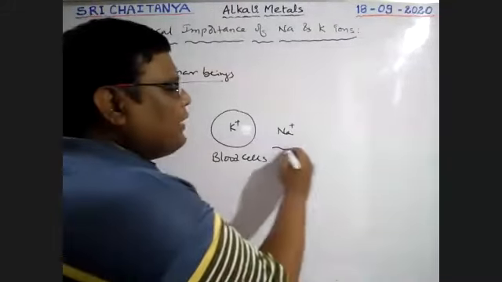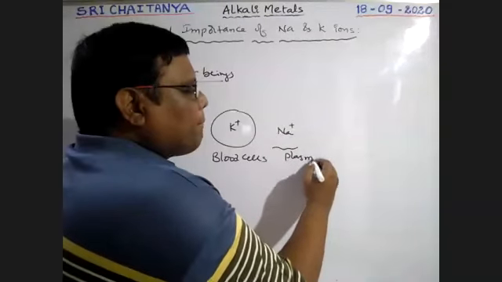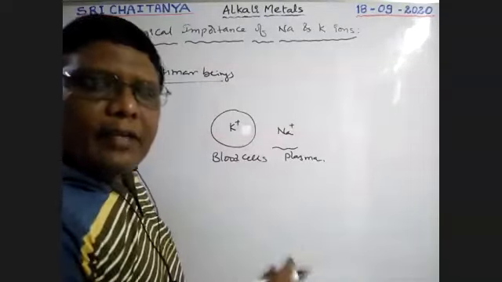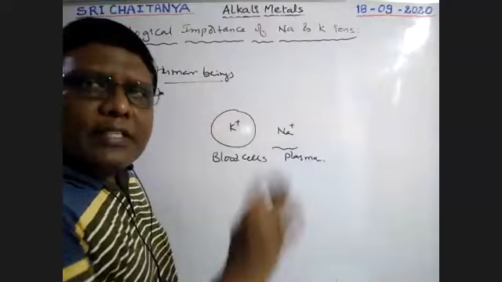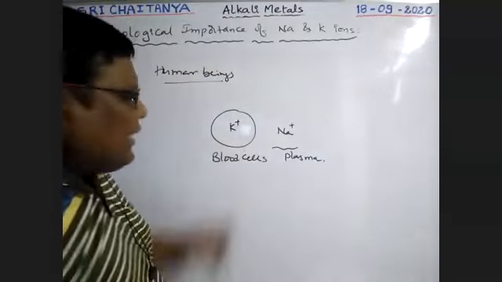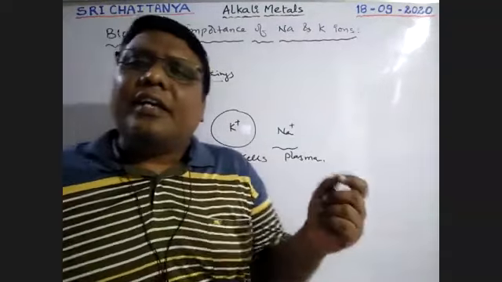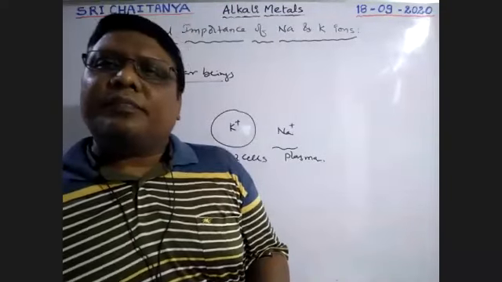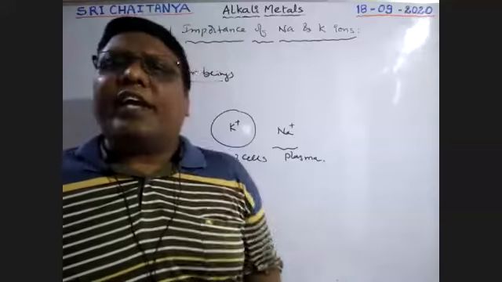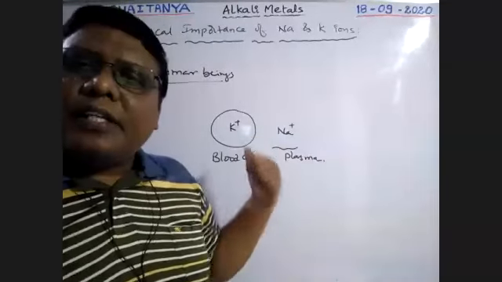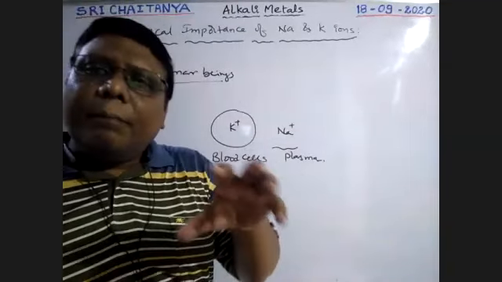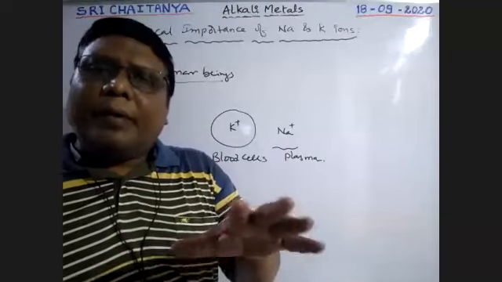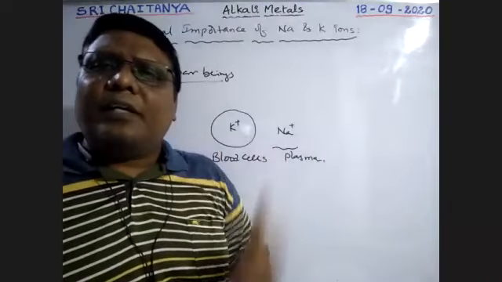That is mainly in plasma. Blood plasma is there. In plasma, mainly sodium ions are there, a little potassium. Inside, the intracellular and interstitial cellular fluids contain potassium ions. So this is the basic placement of potassium and sodium ions.